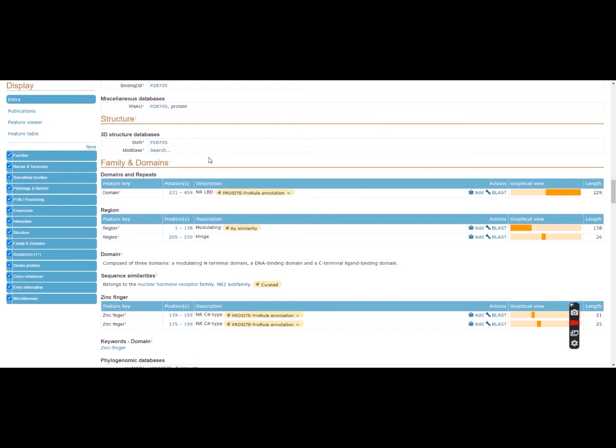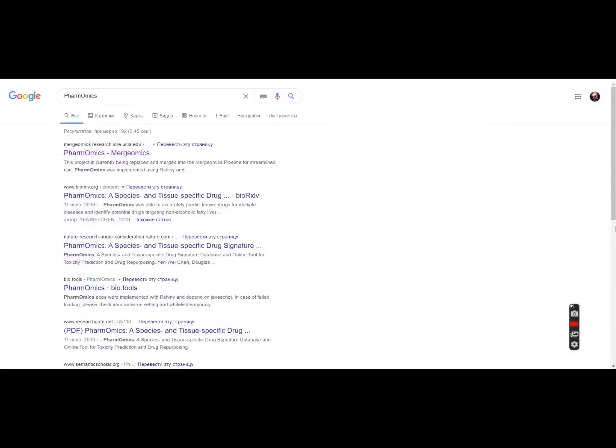Species specificity is one of the examples of genetic variation, because we have the same protein but with slightly different sequences. For some proteins there are, of course, 3D structures solved not only for human but also for the bovine version of the enzyme, maybe a rat version, a mouse version, and sometimes even other organisms like guinea pig or monkey. Another useful resource about the species-specific action of drugs can be found in